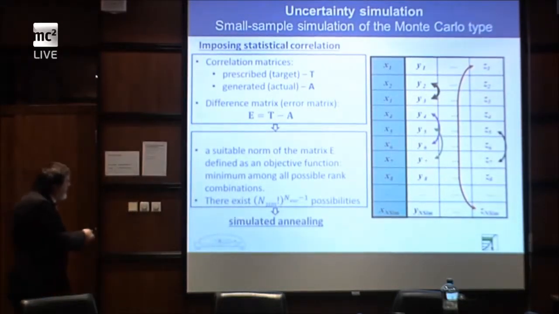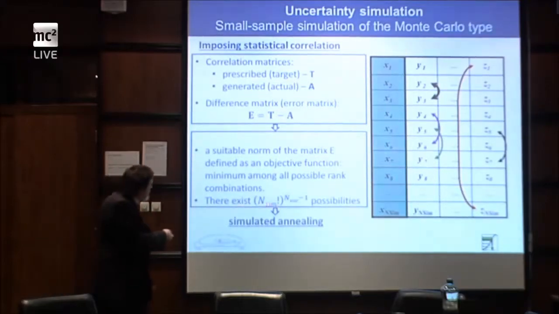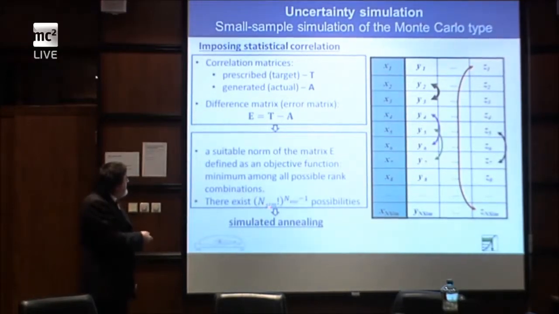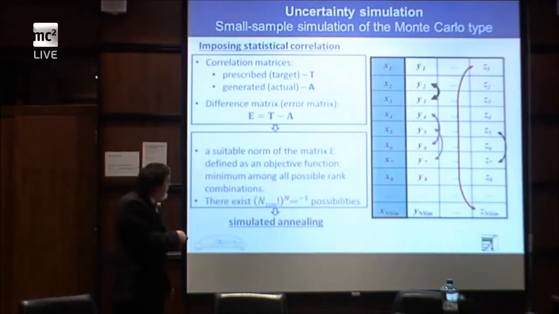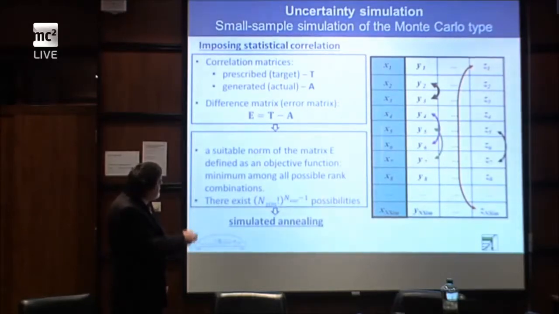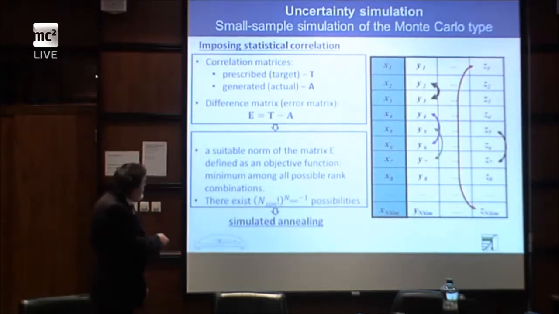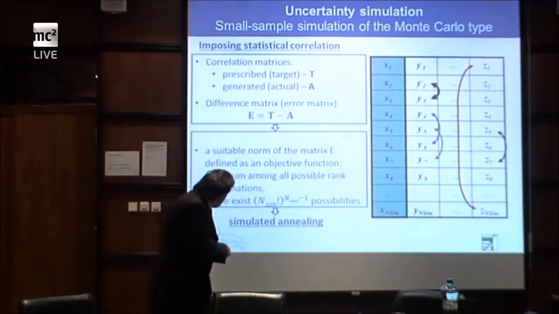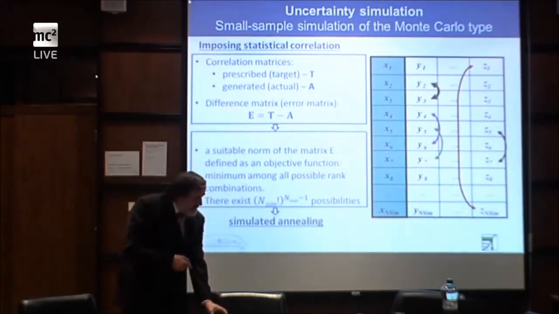But this is not very good, because from combinatorial mathematics, there exist n simulation, number of simulation, factorial to the power of number of variables minus 1 possibilities, which, even for a small number of simulations and for a small number of variables, is an extremely big number to treat. So that's why this is an impossible, or very primitive, approach, and we proposed an approach which is based